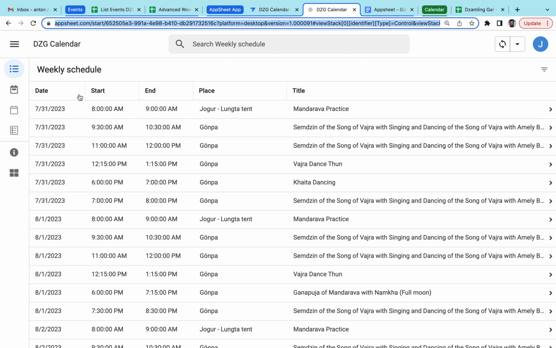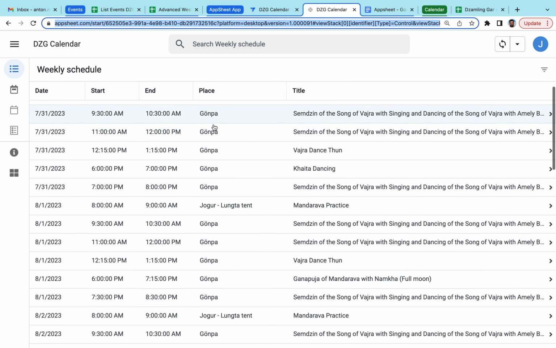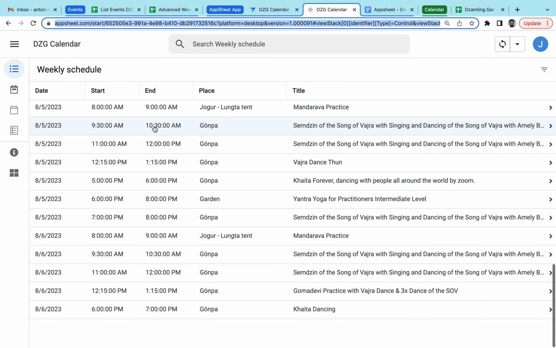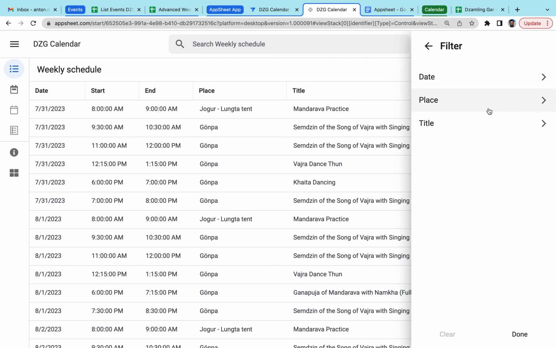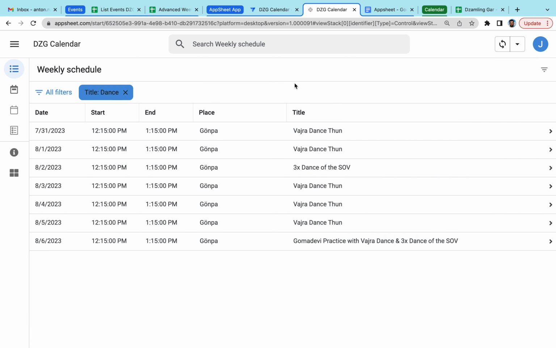So we can see the date, start, end, place, title, and so on, and a person can look through it in this application. Also, it's possible to filter. For example, if I want to see events only related to Vajra dance, I can do it, and then I can see at which days, at which time we have the practice of Vajra dance.